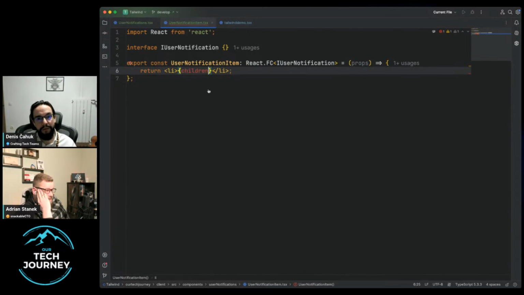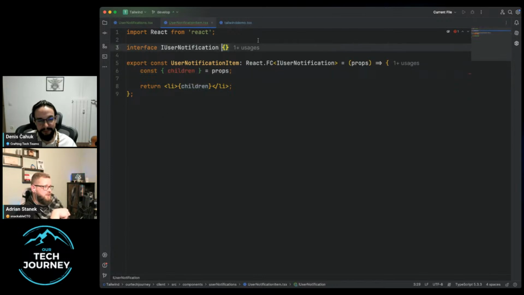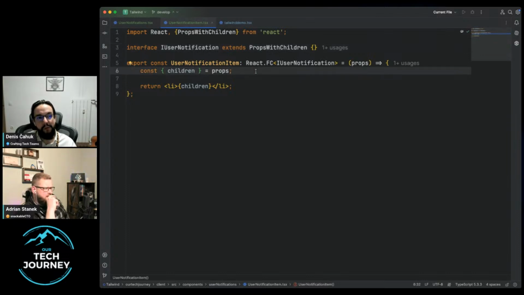destructure the props. I prefer to do that between line 5 and 6 and destructure it. I learned that as the best. It was part of the linter rule, so I just adopted that and found out it was really good to do, for clarity. But you need to extend the interface up there again with props with children. This is new in the newer version of React, actually. I think React 18 or something, 17, I don't know. One of those. And now you have it again.